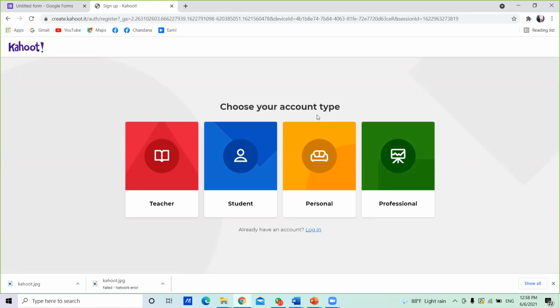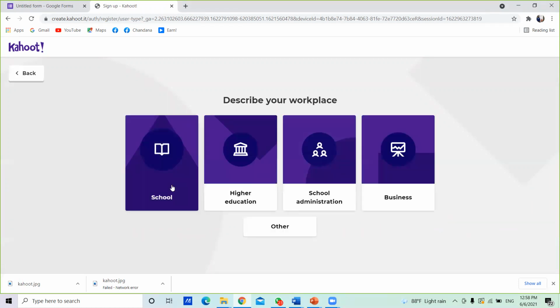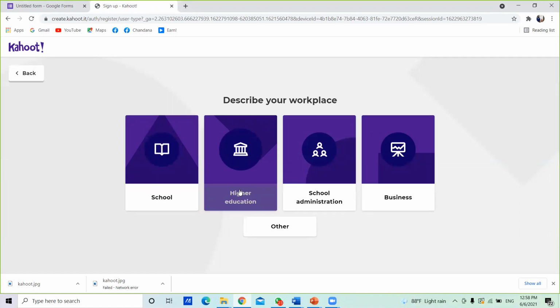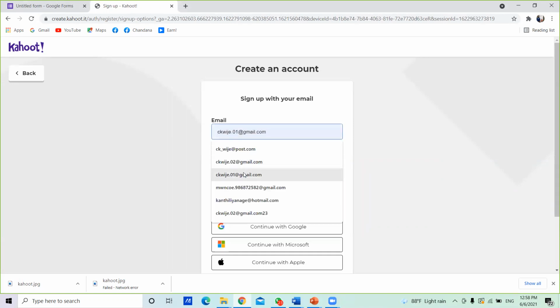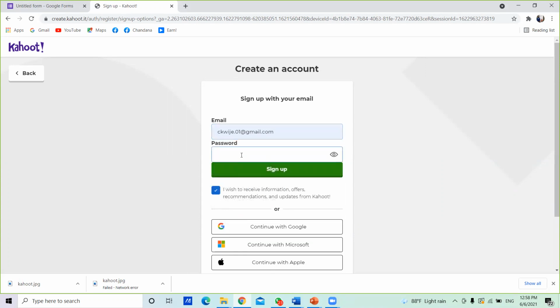In this case, select teacher. Then describe your workplace, select higher education. Now they are asking for your email and password. Type your own email and password. You can give any password you like. Then click the sign up button here.